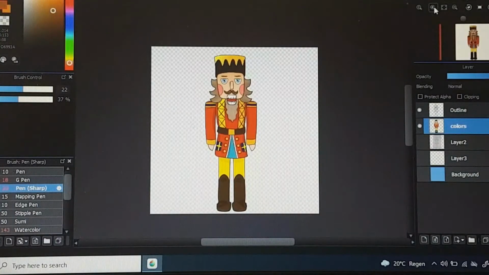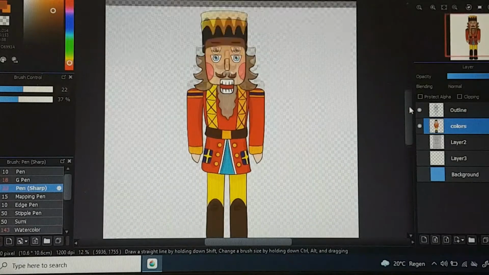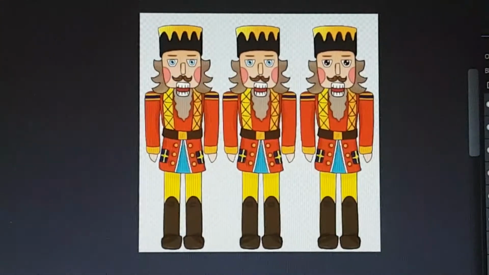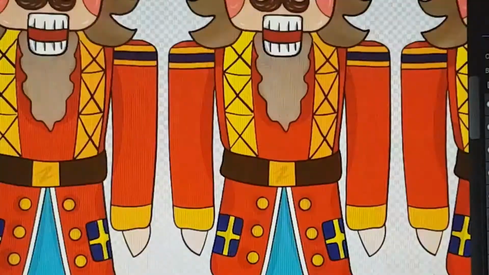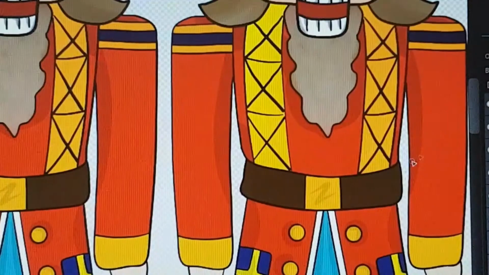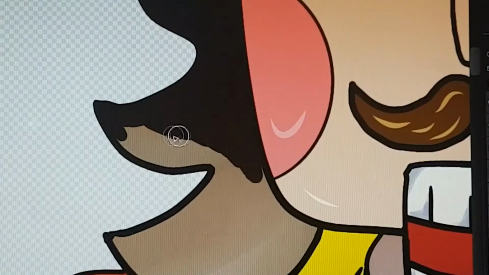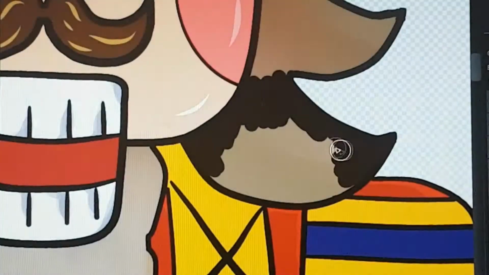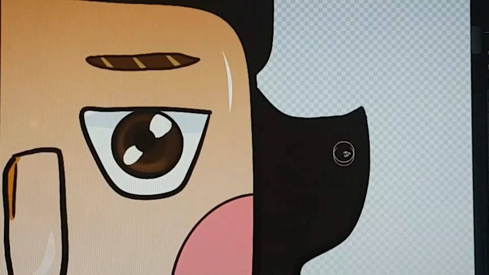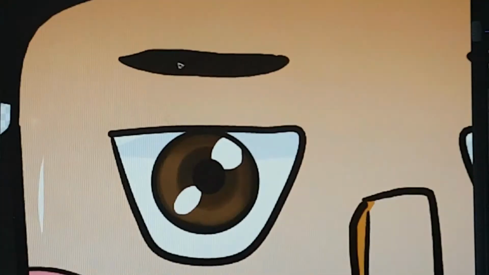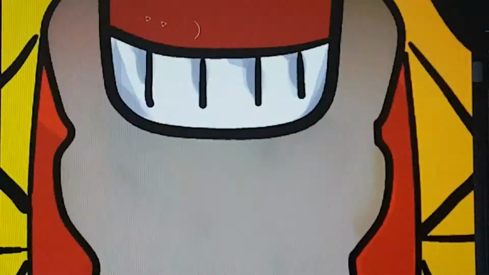So I finished coloring my Nutcracker character, and I thought it looked really great. And I realized, however, that it looked lonely, so I decided to add 2 more Nutcrackers on each side so that he has some buddies with him. And just to differentiate them, I decided to change the look of the 2 Nutcrackers standing on each side of the center one. So I made an Asian version of a Nutcracker on the right side,